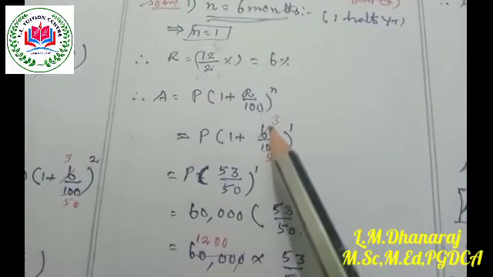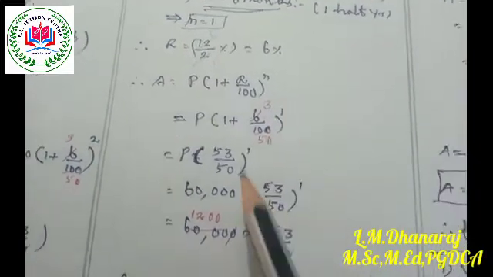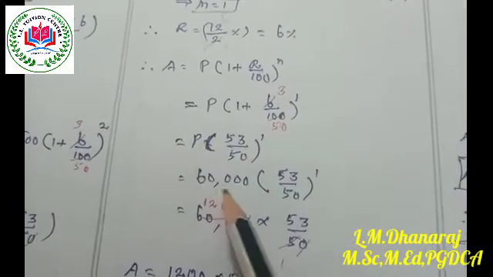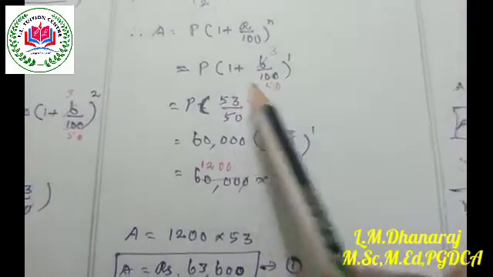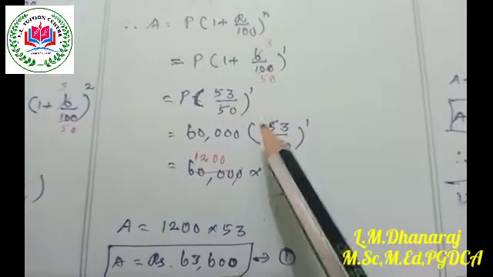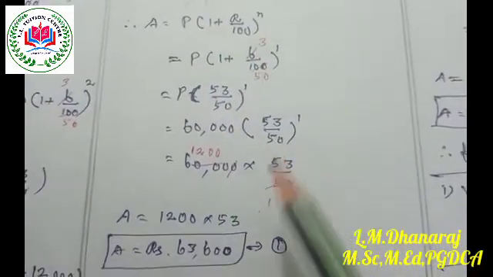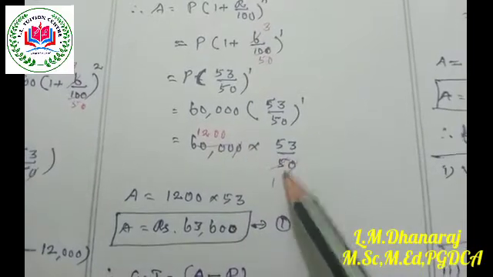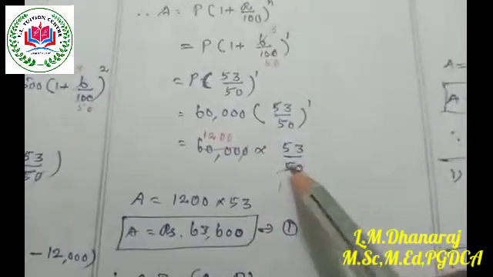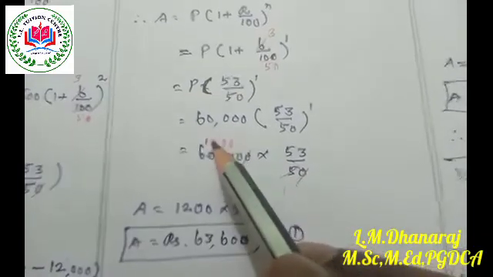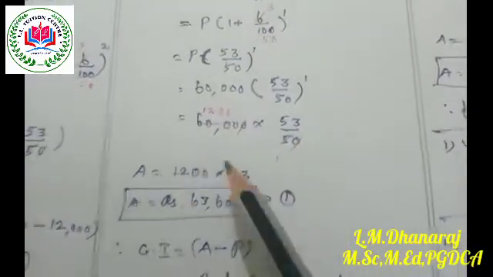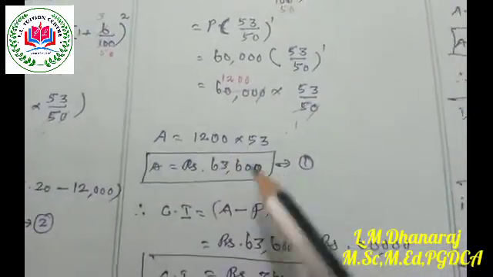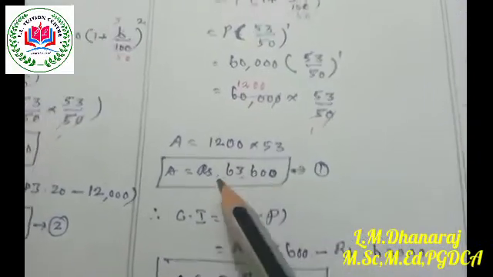So this is the 2 table, 3 2s are 6, and this is 50 times. The principal amount is 60,000. So 60,000 into 50 into 1, that is 50, 50 plus 3 is 53. So 53 by 50. So 60,000 into 53 by 50. The zeros can be cancelled, and in the 5 table, 1 5s are 5, and this is 12 times 60. So the remaining 2 zeros we can cancel. So amount is equal to 1200 into 53, that is 63,600, the amount for n is equal to 6 months.